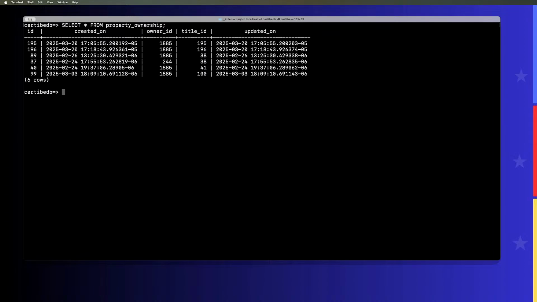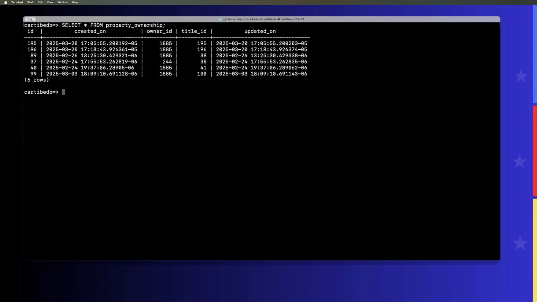It's okay. Let's be clear again. We do have another table named ownership. This is where we track ownership between a title, stop using the word tender, I'm just gonna use the word title,